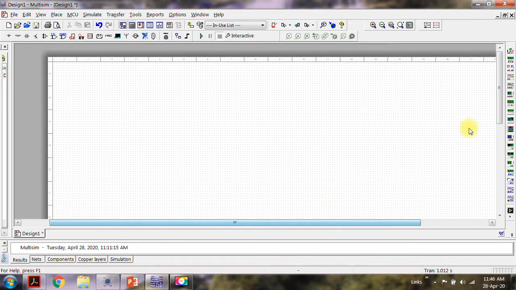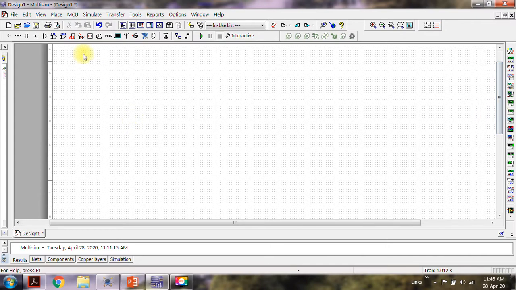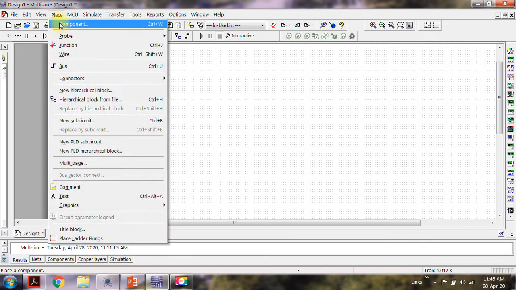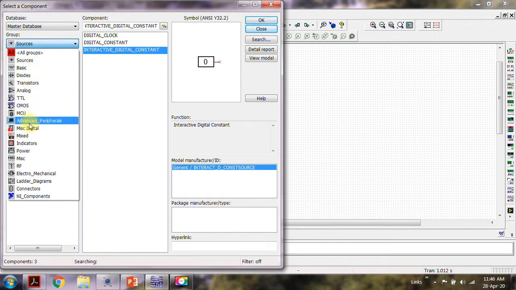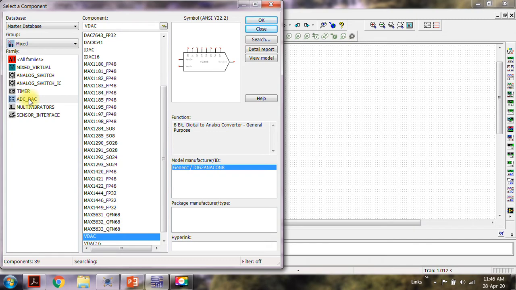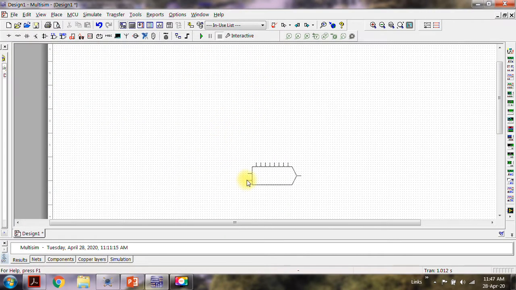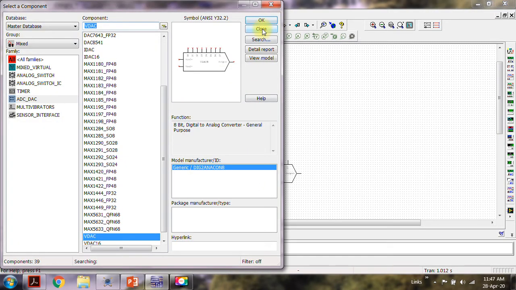Alright, you can use Multisim also with a built-in DAC model. So we'll see how to use that. First of all, you have to go into the mixed signal, and in ADC you can select this VDAC. It simply means that the output is direct voltage. It's exactly the same thing that we have done in Proteus, but many people are not able to use Proteus, so Multisim also can be used for simulation of this device.